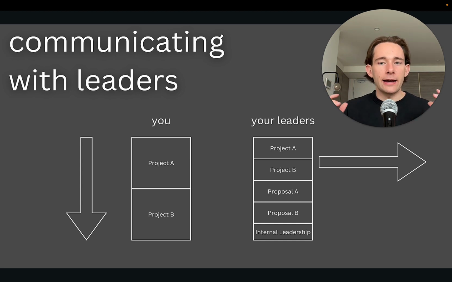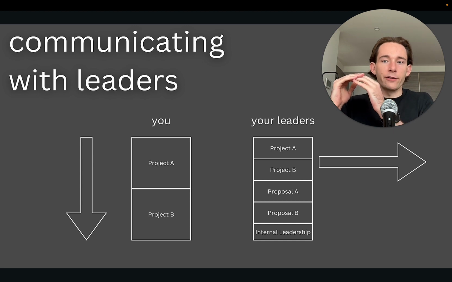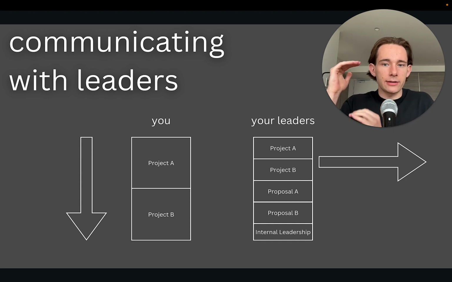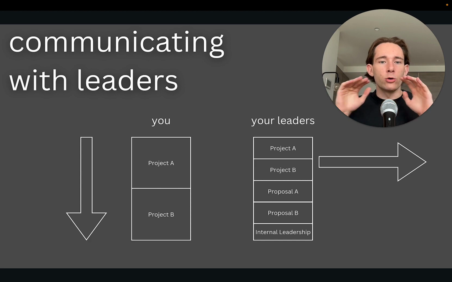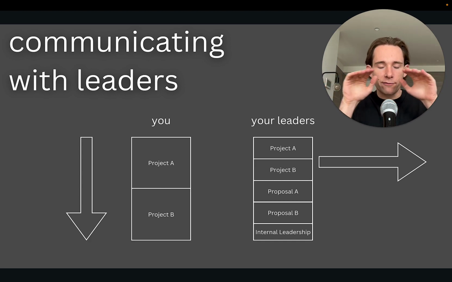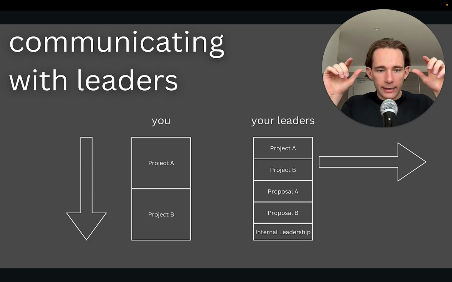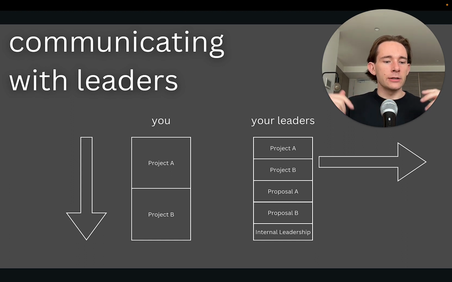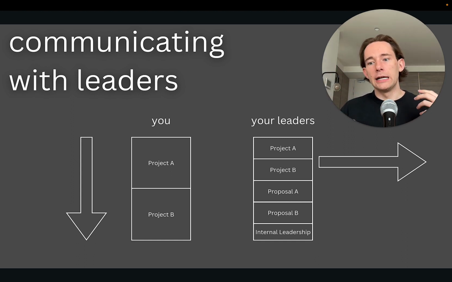So the way that I think about it is with those arrows you can see on screen. When you're a graduate or a consultant, you're generally working vertically, going deep on fewer things. And when you're a leader, you're working more horizontally. You have more touch points, but you're spending less time on each of them because you're managing as opposed to doing the grunt work itself.